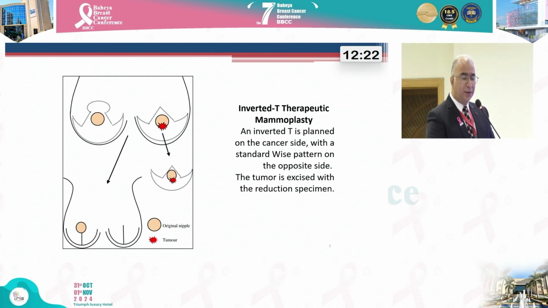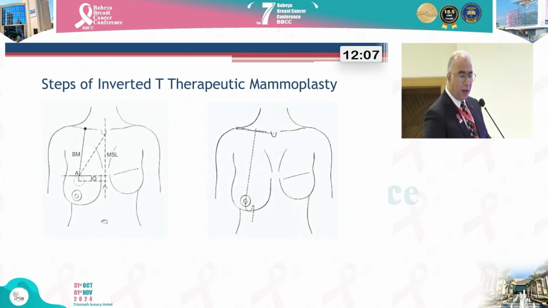This is the technique where you draw your markings. After closure, this is what would happen: you have an inverted T shape. How do we draw this? First,